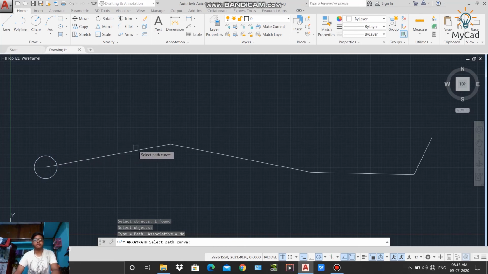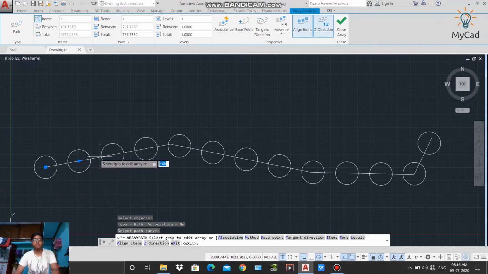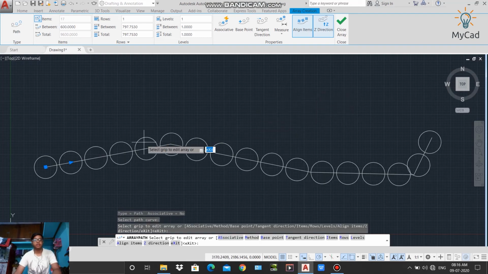As the path I'll select this line, and you can see a number of copies is created along this path or polyline. From here you can change the distance between them. I'll select 600 as distance, and you can see a number of copies is now created.